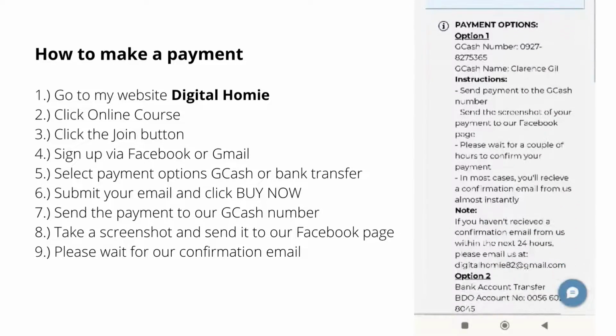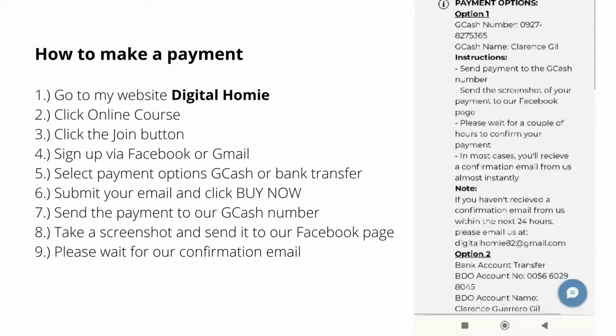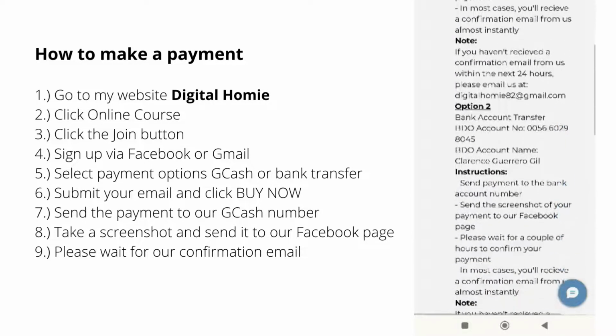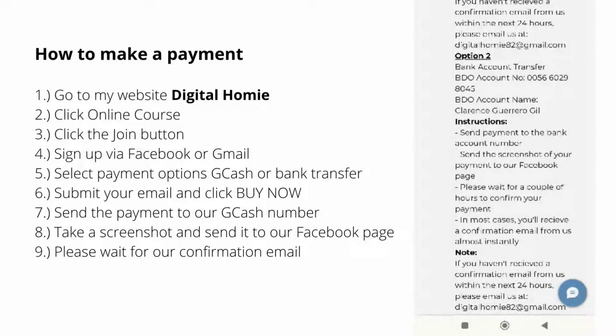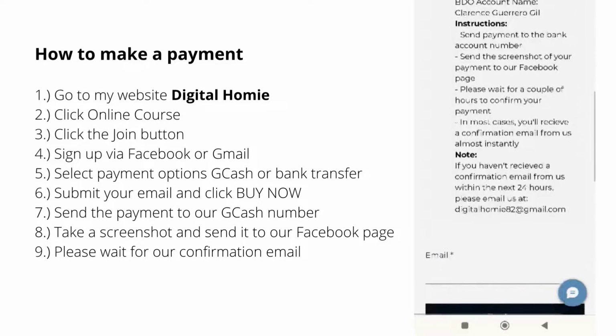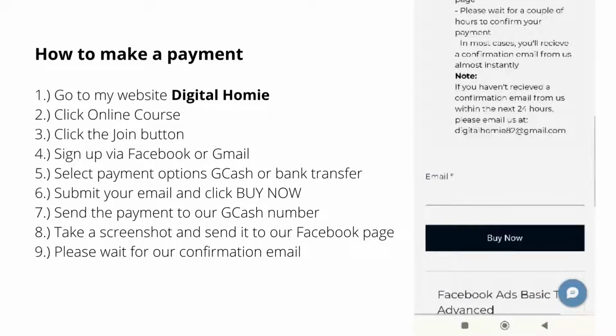Now, under cash payment options, you have two options. You can send via GCash number stated on the above, or you can send via bank transfer. Now, the instructions are also there. All you need to do is complete the payment and take a screenshot of your payment and send it to